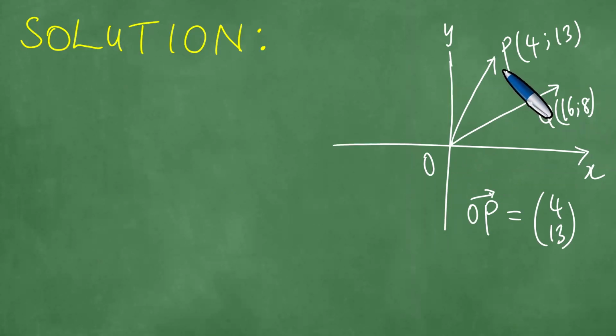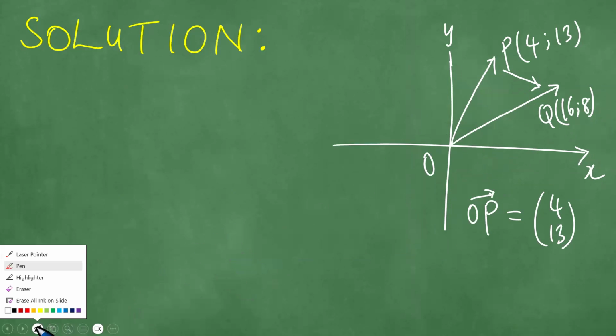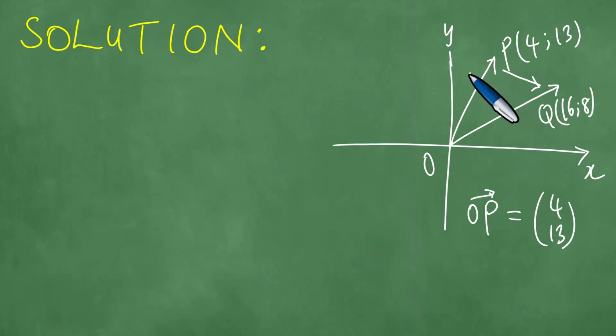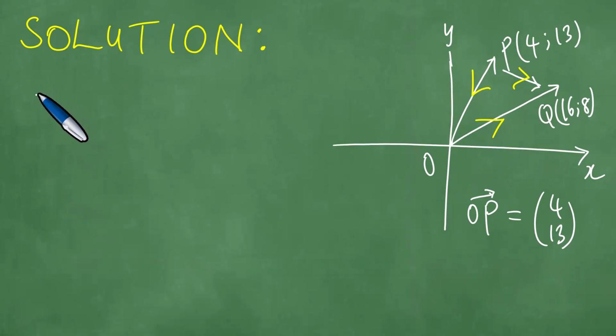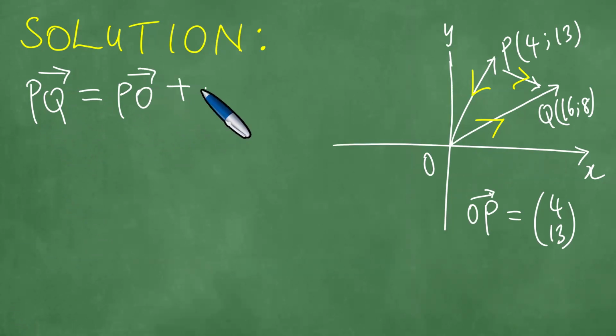Right, so the examiner wants us to move from P to Q by finding the magnitude of the vector PQ. We can decide, so we shall proceed in the direction of the yellow arrows, because directions can be changed. So we want to move from P to Q. To do that, we move from P to O, and then from O to Q, which means that from P to Q,